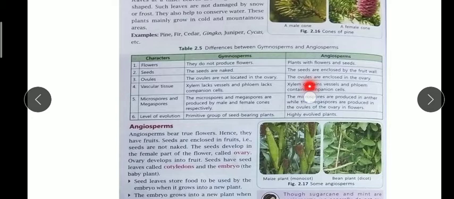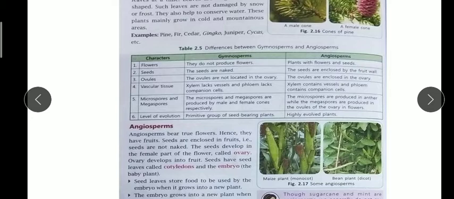convert into seed. Now vascular tissue. From the tissue chapter, plants have two vascular tissues, xylem and phloem. In the gymnosperms, xylem lacks vessels and phloem lacks companion cells. So it is incomplete. Xylem and phloem are not properly developed, whereas in the angiosperms, xylem contains vessels and phloem contains companion cells, and these cells are very important for the transportation, the translocation of water, minerals